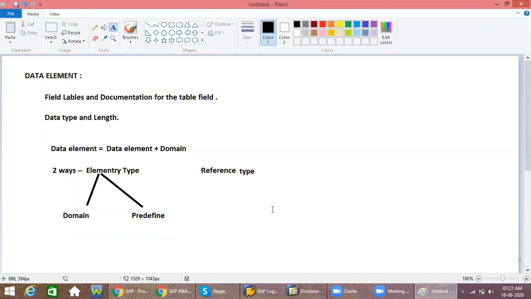In the interview questions definitely they will ask how many ways we have while creating data element. You need to say this reference type is not mandatory. You need to say either with the help of domain or with the help of predefined type. Both I will explain now, how we can create the data element with the help of domain and with the help of predefined type.